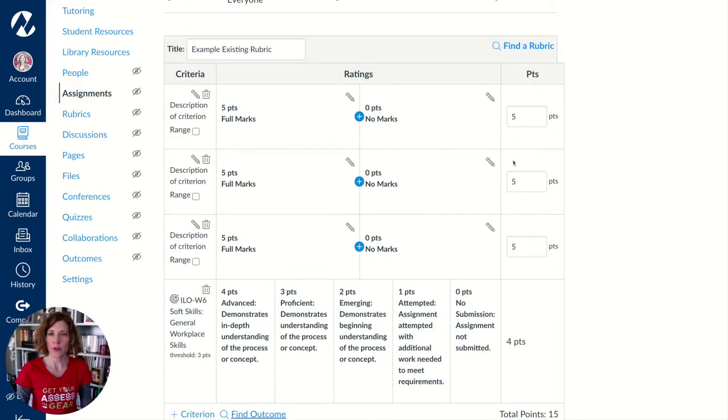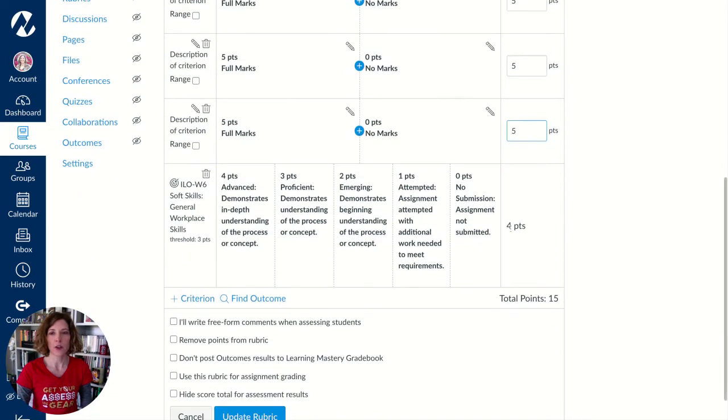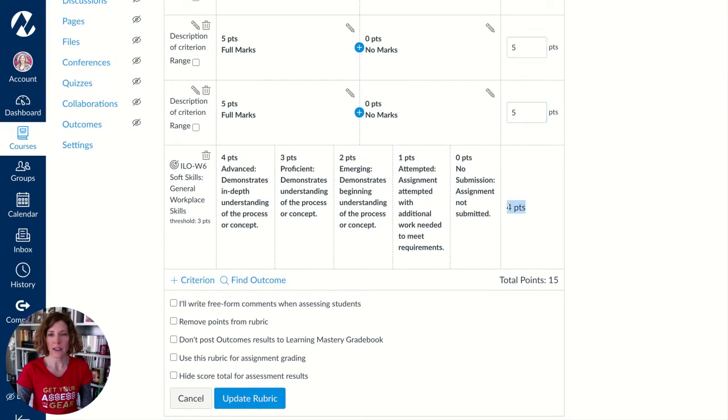If you do, what you'll notice is these open boxes for the points that students can earn, but no open box down here. You'll also notice the total points associated with this is just 15, not 19. If for some reason you notice that you have imported the item and it is being scored, simply hit the trash can to delete it, go back to Find Outcome, and re-import after unchecking that box.